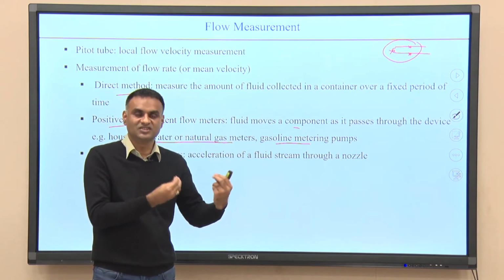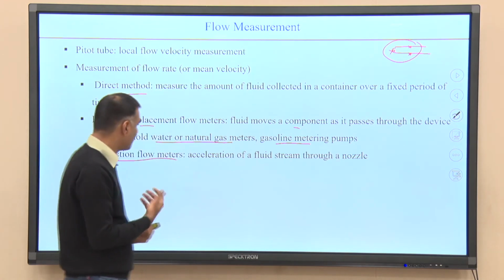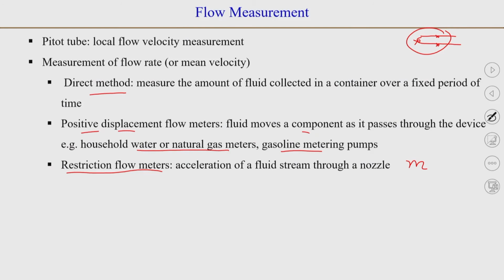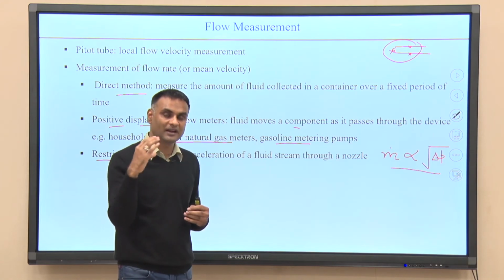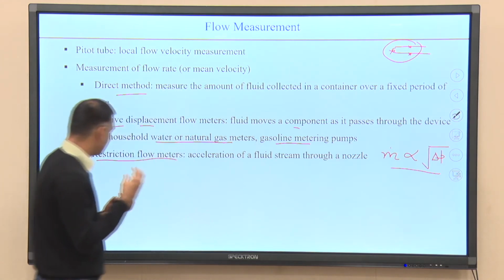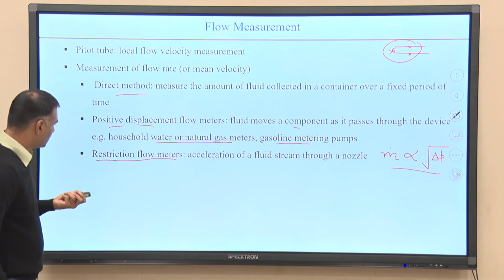So, we can measure that change in pressure and relate it with change in flow rate or mass flow rate. In a restriction flow meter, as we will see in a few minutes, the mass flow rate is generally proportional to the square root of delta p, and they are quite commonly used. You can use different types of restriction depending on your requirements, the cost of the equipment and the running cost. So, you can use different elements for a restriction flow meter, and their principle depends on, as